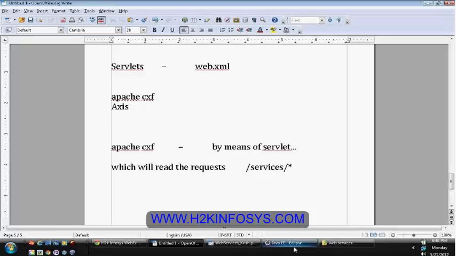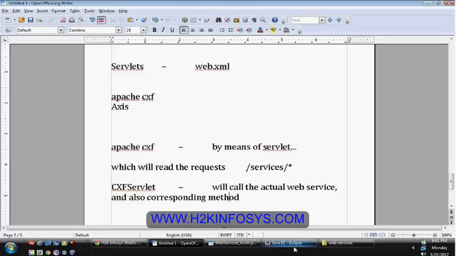It will forward them to the CXF servlet, and the CXF servlet will call the actual web service and also the corresponding method,